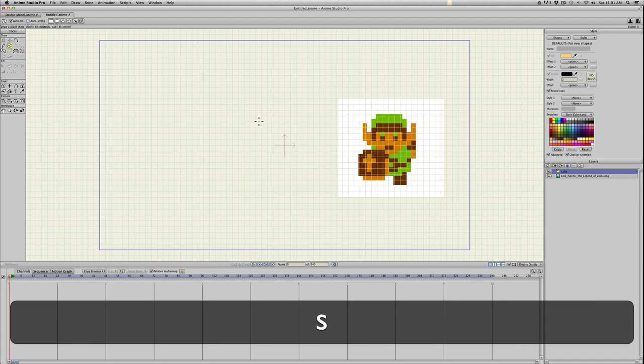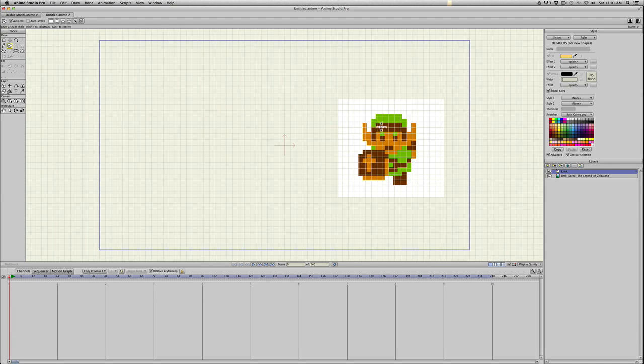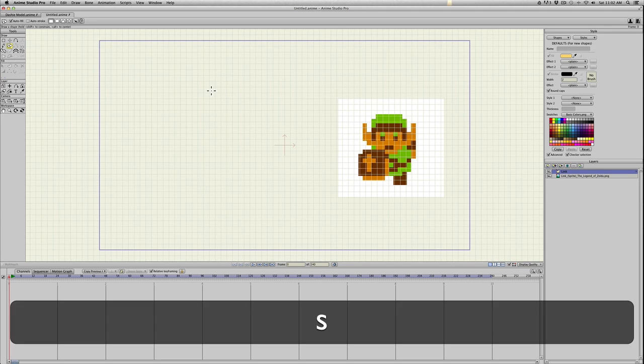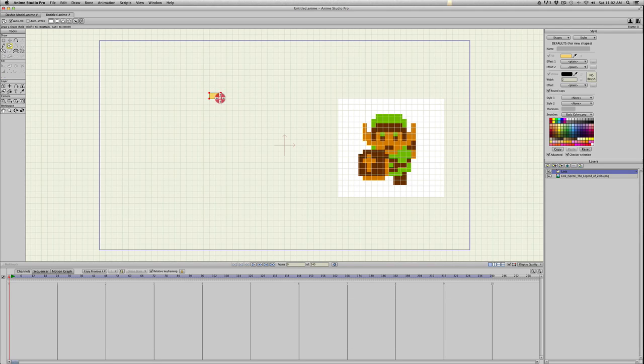So I'll hit S, I'll start drawing, and it's a little hard to see just because the grid covers the picture and it doesn't cover correctly. But if we count, we can see that the green of the hat starts, and there's 1, 2, 3, 4, 5, 6 pixels across. I'm using his eyes, kind of forehead as a reference. So I'm going to hit S, I'll draw out 6 squares,